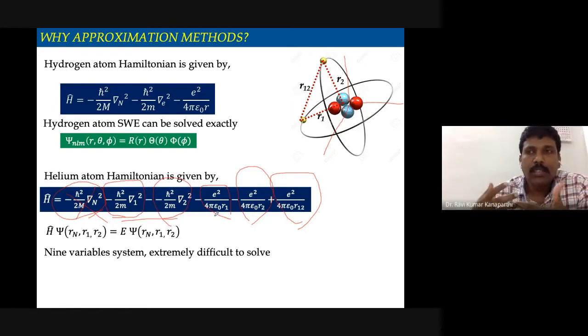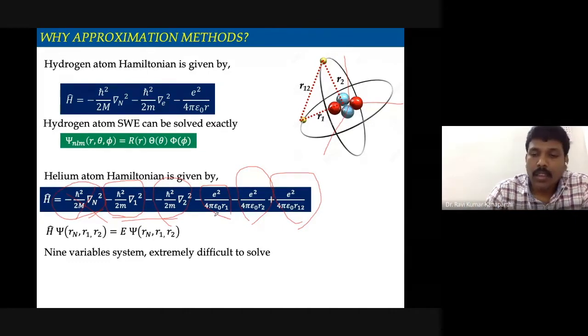The simplest atom is the hydrogen atom, for which we have got the solution. But other than the hydrogen atom, we don't have the exact solution, mainly because it is very difficult to solve the Schrodinger wave equation of any given atom. If helium is this problematic, then for lithium, beryllium, boron, and the other elements in the periodic table, it is highly difficult to solve. This is the background on which the approximation methods came into the picture.